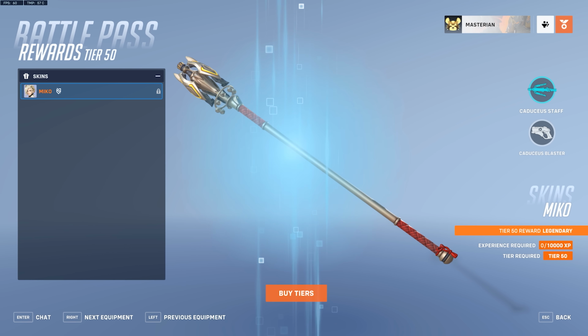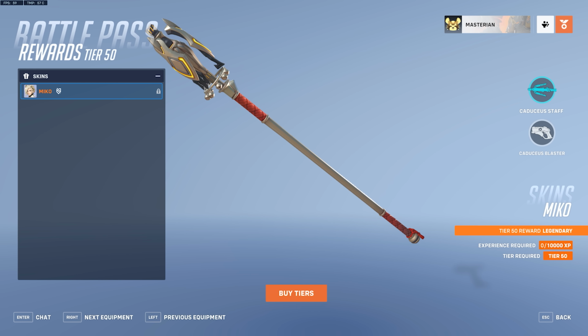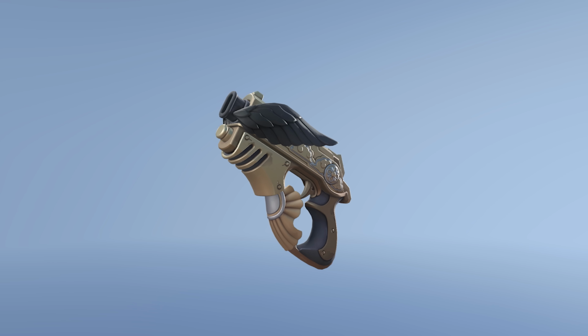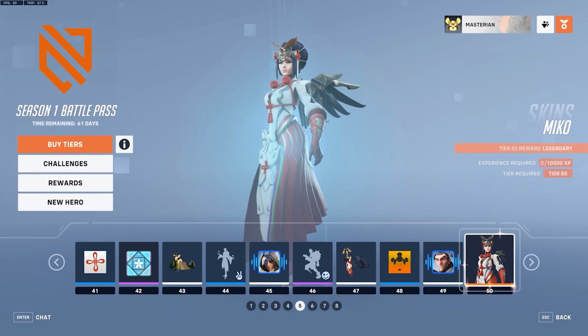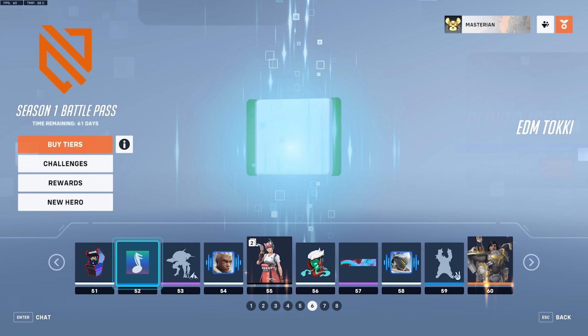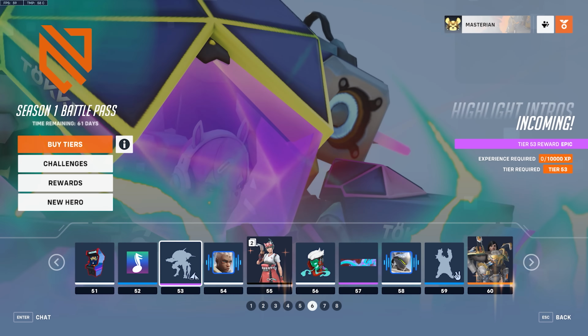Take a look real quick at the Caduceus staff. I do like the little bells on the Caduceus staff. I think that's a nice little touch. And then the blaster itself. So, there you go. Moving on, we have the Arcade spray, followed by the EDM Toki player icon, a highlight intro for Diva,